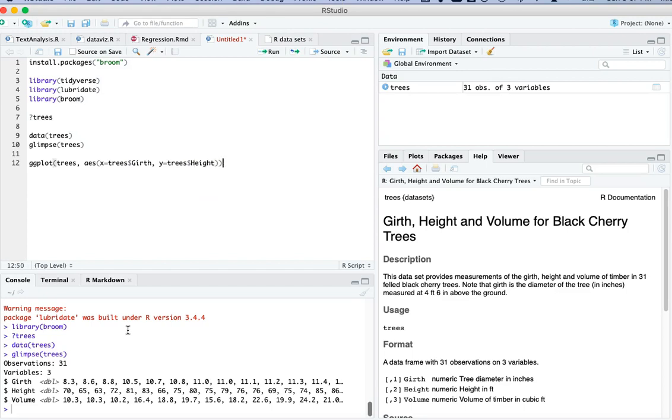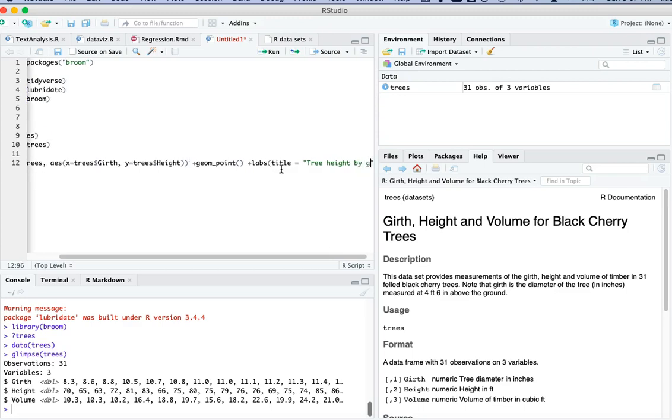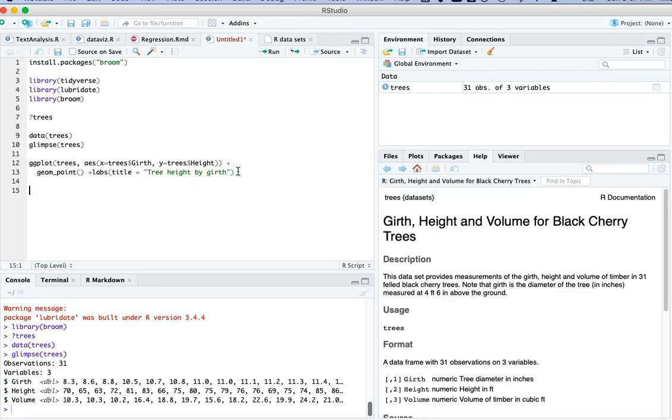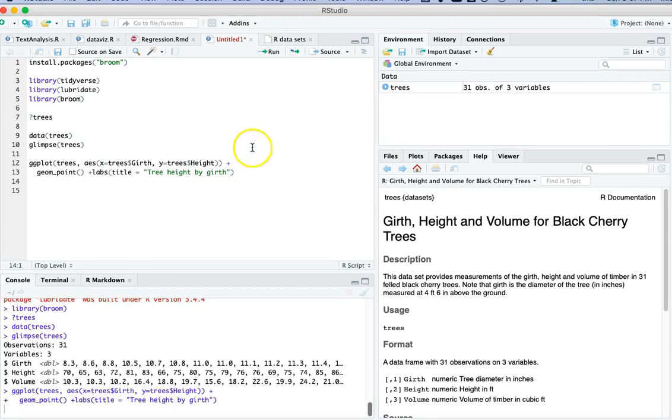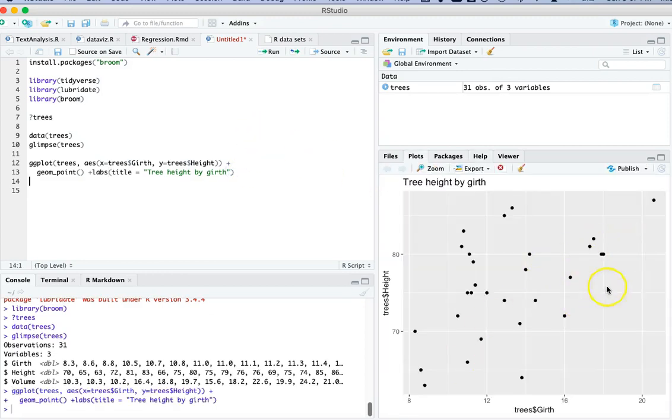Okay, and we're going to make a scatter plot, so let's use geom_point here, and we'll add a title, to make sure that we're telling people what our plot is about, and our title will be tree height by girth. This is overall quite difficult to read, so I'm going to break it here so that we get it on 2 lines. All right, go ahead and run that,